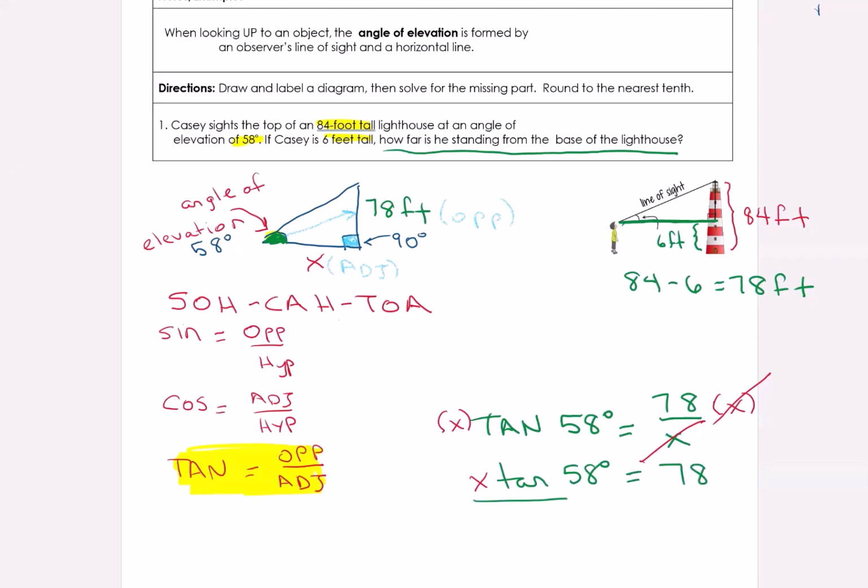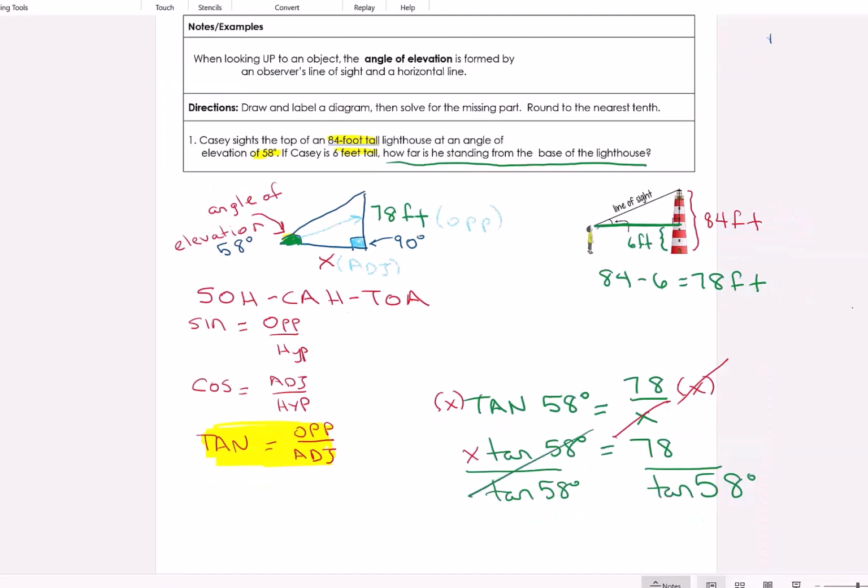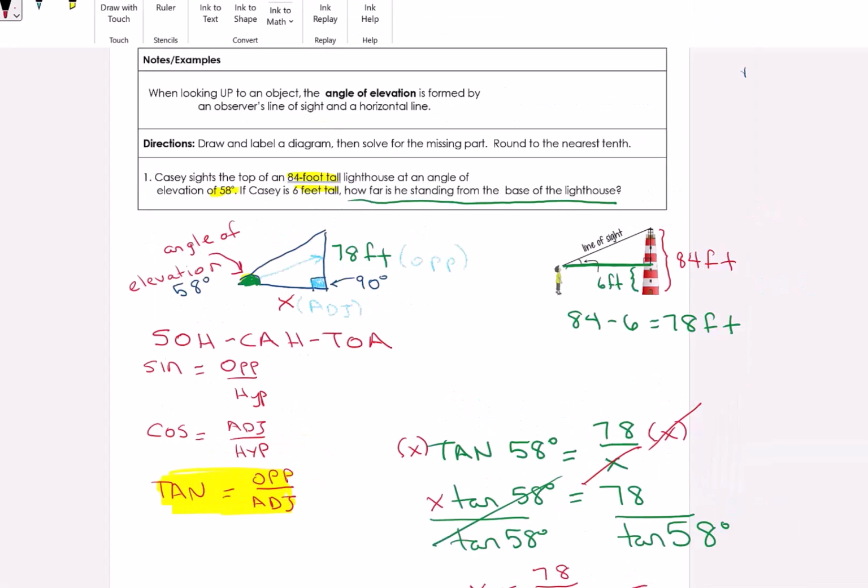I can divide both sides by the tangent of 58 degrees. Once I put that in my calculator, I have everything I need. Because here, notice, I have x equals 78 over the tangent of 58 degrees, which equals 78 divided by